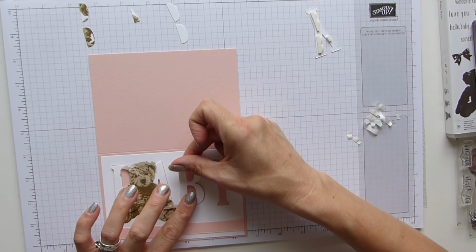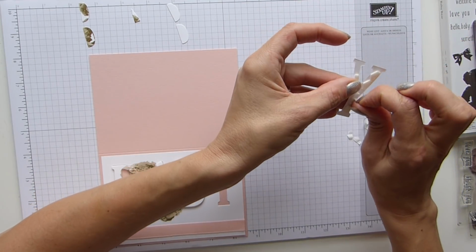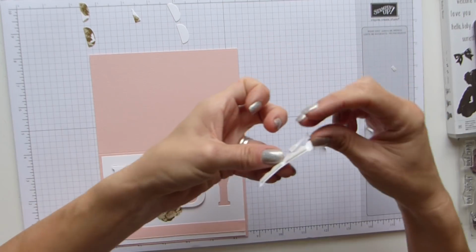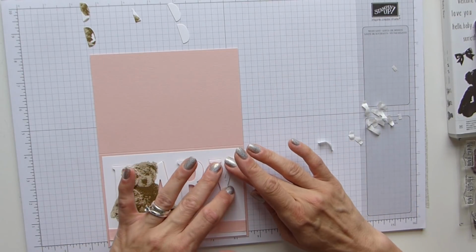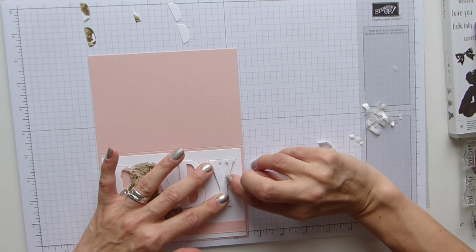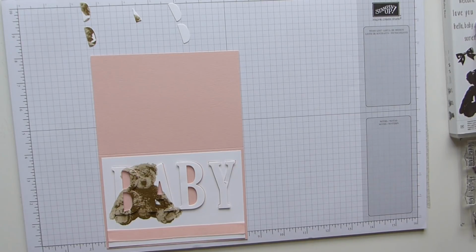So again, just pop that corner in. And last but not least, my Y. Oops, well that wasn't very clever. So just stick my Y in place. I might have to put a little embellishment or something on that bit because it just ripped. Okay, so